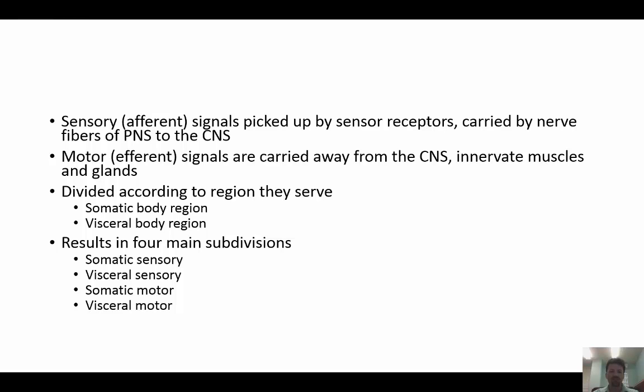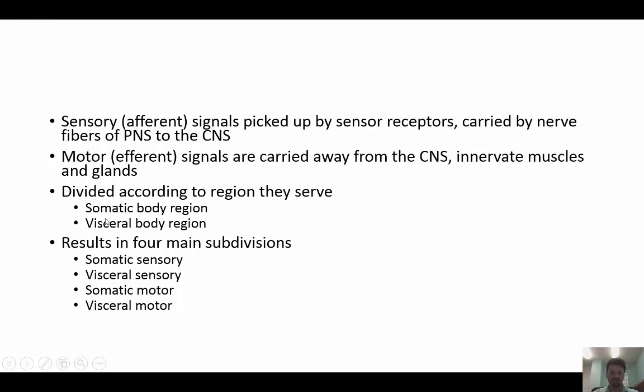We can then say that motor signals are carried away from the central nervous system to innervate muscles and glands. And we call these signals efferent signals. So efferent signals take information away from the central nervous system, and afferent signals bring information towards the central nervous system. And we just said that you can divide the peripheral nervous system into the somatic regions and